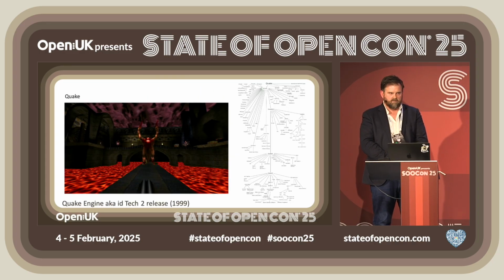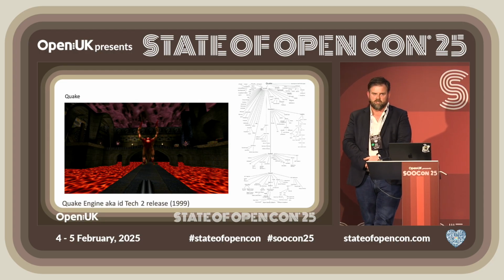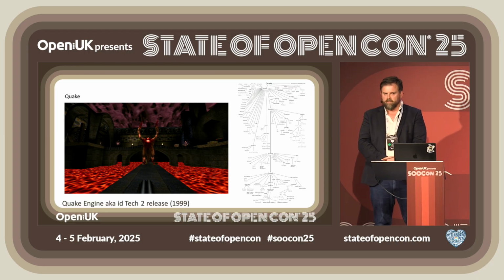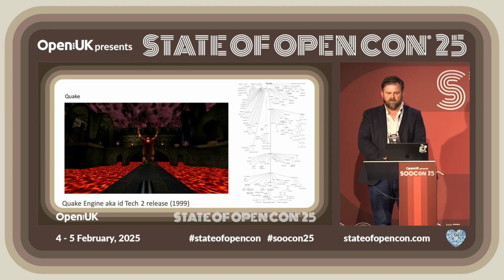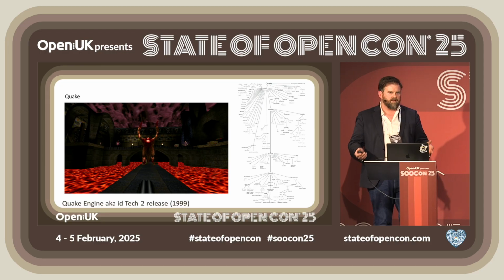is quite contentious. But in reality, it was actually 1999, the year after the OSI was launched, that the ship hit the iceberg, in the release by id Software of Quake. So they released the game engine, but without the data, without the packs, without the monsters, without the maps. This did result in a whole lot of forking, and you can see the tree there of all of the different derivatives of the Quake engine, but it was not Quake.